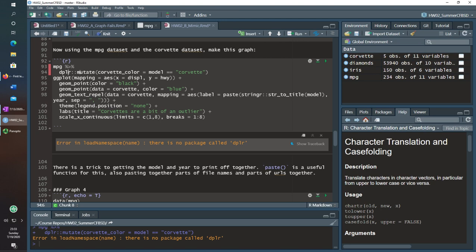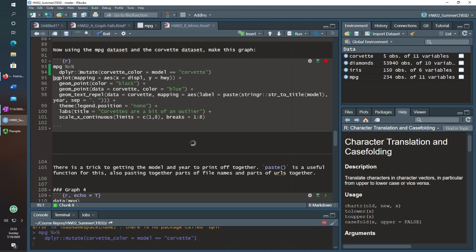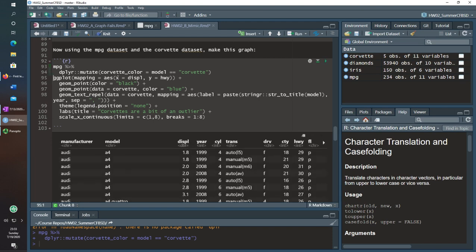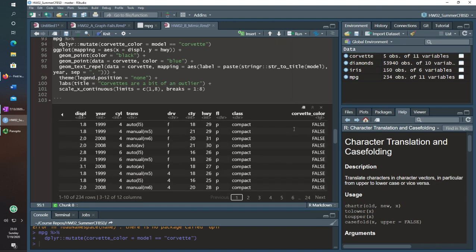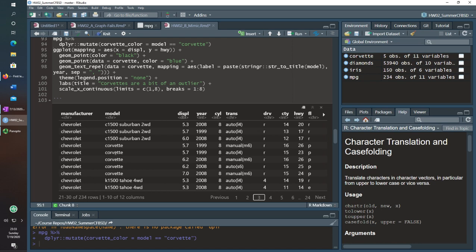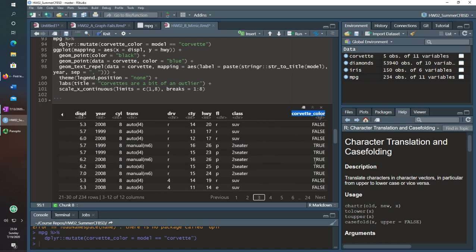I'm not going to pipe it in. Oh, I forgot the r in dplyr. So I'm not going to pipe it into the ggplot. This is actually just going to print out the results of the table, and you can see I get this column name that is Corvette color. Most of it's false, but here are the Corvettes, so you can see that they are truly Corvettes.